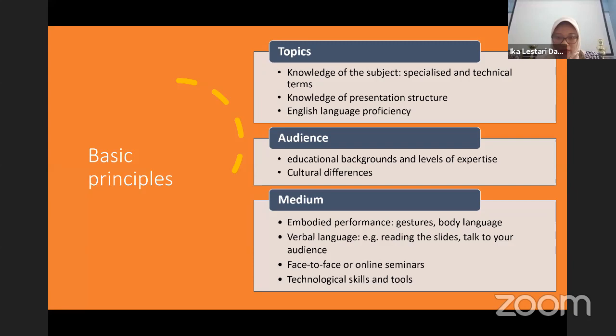And yeah, also the use of technological tools that support your presentation. In an online setting, like now, for example, you need to know first your computer, of course, the computer that you use, and then you also need to know what kind of app is being used for the platform. And here we use Zoom. So I need to know that there are some features in Zoom, and I need to know how I can interact with you.